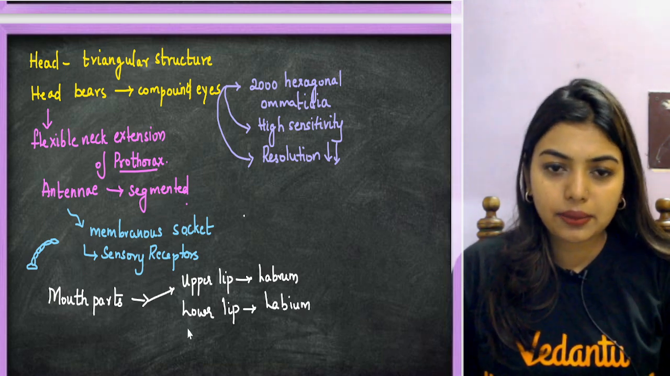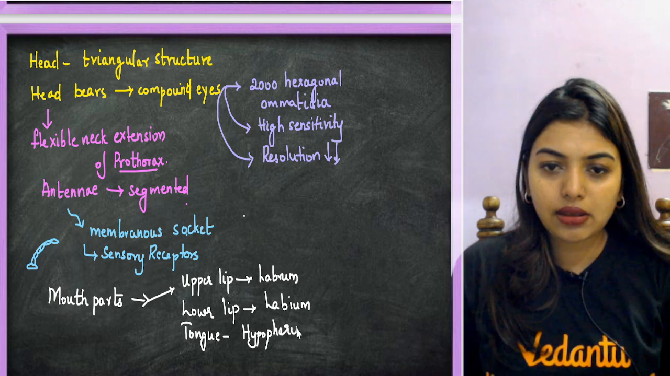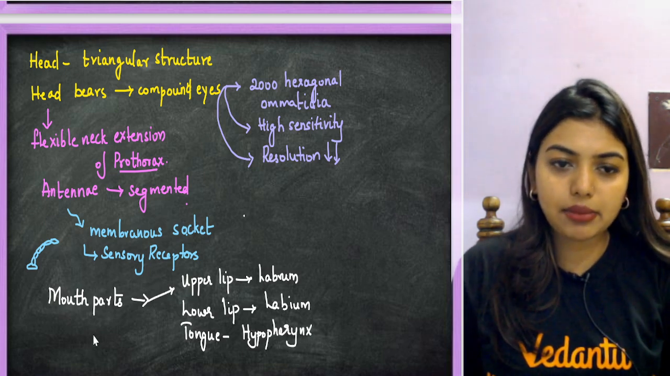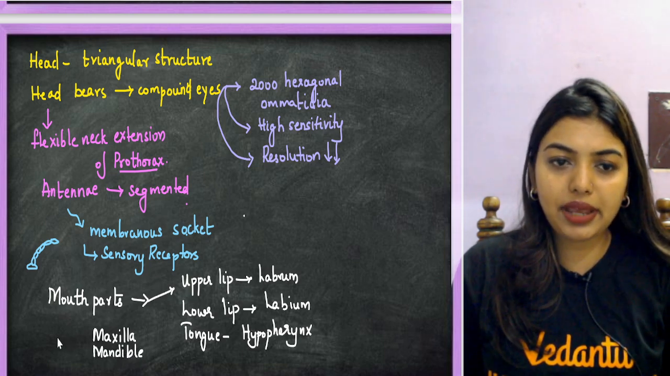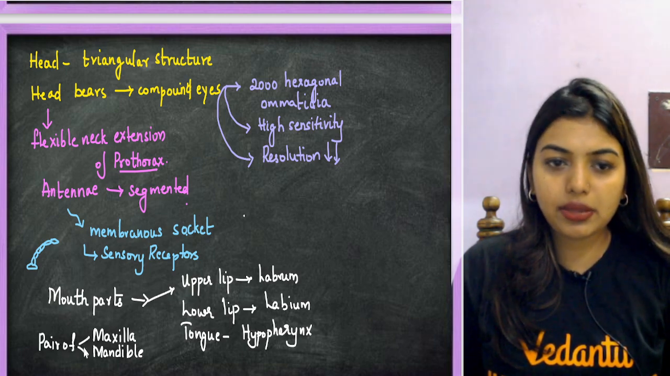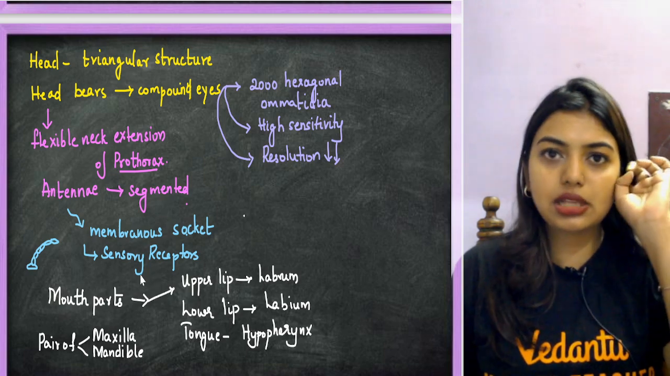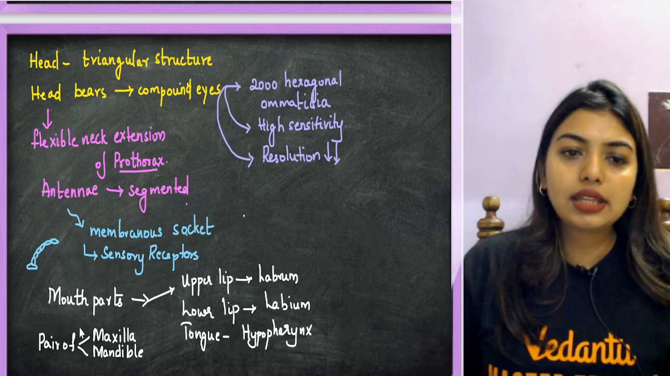Okay, tongue, something that will act like a tongue, is called the hypopharynx. Then maxilla and mandible. A pair of maxilla and mandible is there. This is the mouth parts. Now, upper lip is there, lower lip is there, one that acts as a tongue, then a pair of maxilla